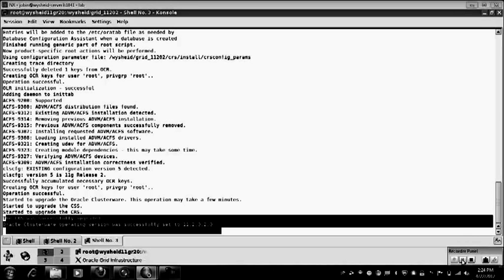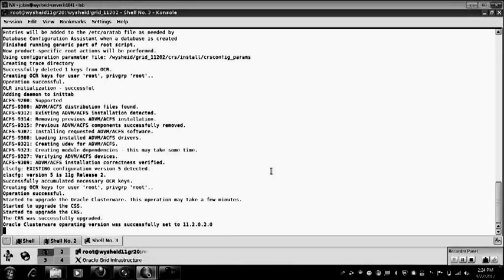You should not remove the existing old grid home. We should not do that. We should remove it only when the complete upgrade is complete. That means next is the RDBMS upgrade, and then the database upgrade. Because RDBMS is still linked to the old grid home. So to avoid that complication, make sure that it's available. Yeah, it will still ask that it could not find the old home. So once everything is completed, then you can successfully